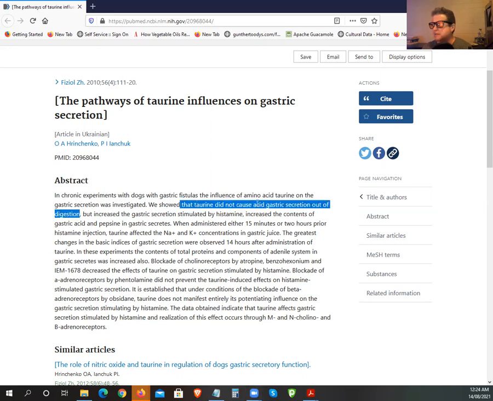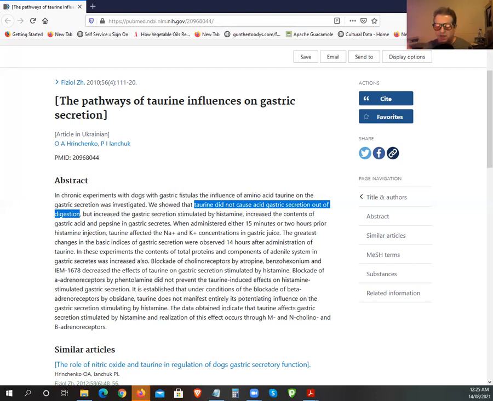So outside digestion, if you actually consume taurine, it'll work for digestion, but outside the digestive period it has no effect. And that's the way it's supposed to work. So when you eat a steak, which has got a whole lot of taurine in it, it will improve gastric secretion. And that's what you want. This is why animal foods send a signal to the body. We need low pH.